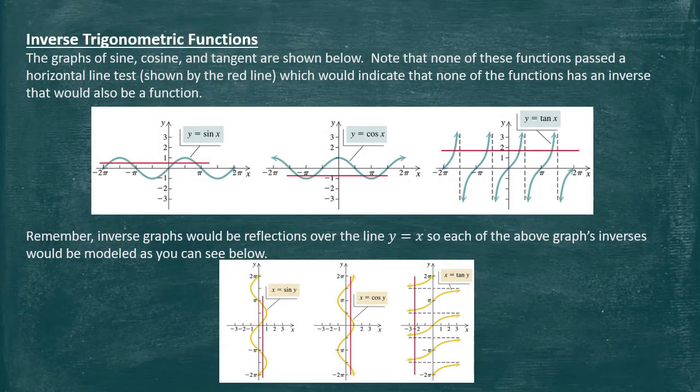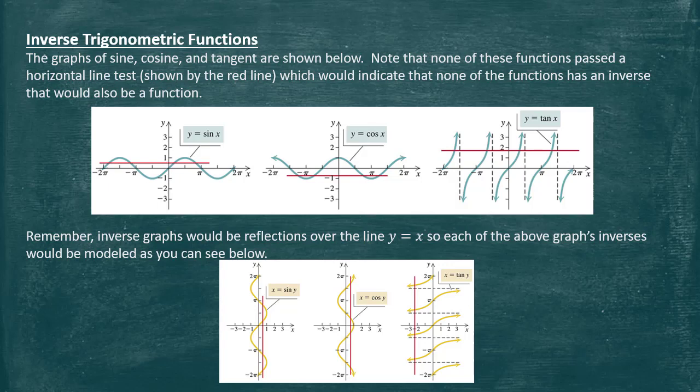So if you recall from prior lessons earlier in the year, to find an inverse of a function, technically what would happen is the x and y values would both swap. So if we think about the original graphs for sine, cosine, and tangent as examples here, as you can see on the screen, remember we also had what was called the horizontal line test that let us know whether it was a one-to-one function. So as you can see with all three of these graphs, or what you would maybe hopefully remember about those graphs, is they definitely do fail the horizontal line test, meaning they are not a one-to-one function. Therefore, if I were to swap all of the x's and y's, technically the result, or the inverse of those, would not actually follow the function rules, meaning I would end up having multiple outputs for